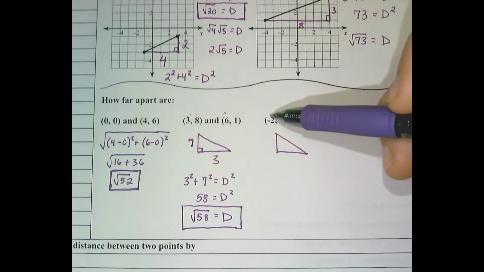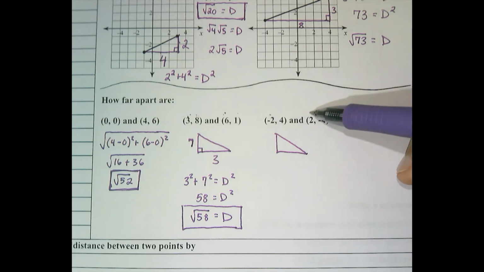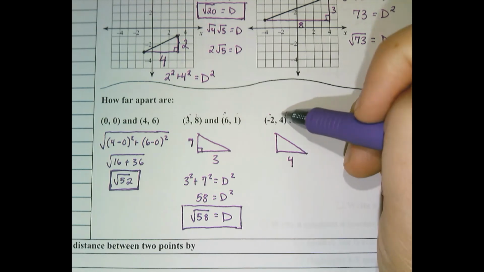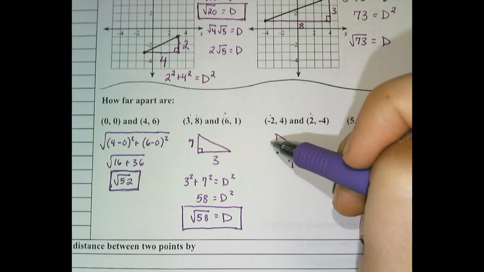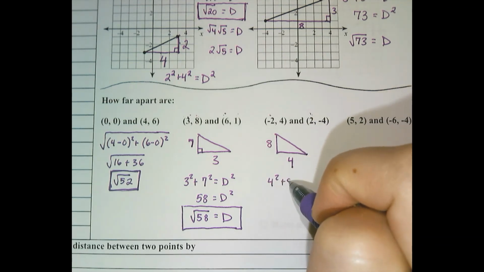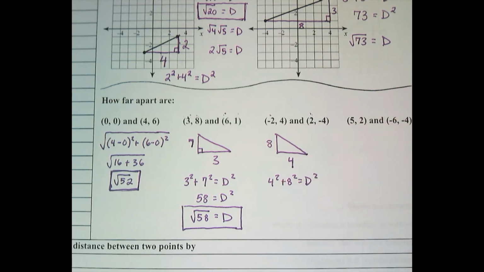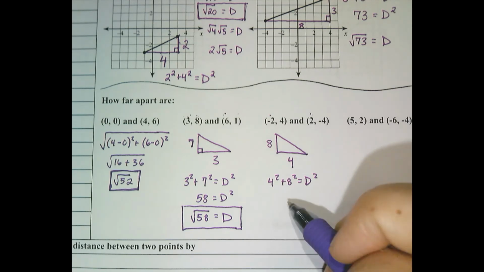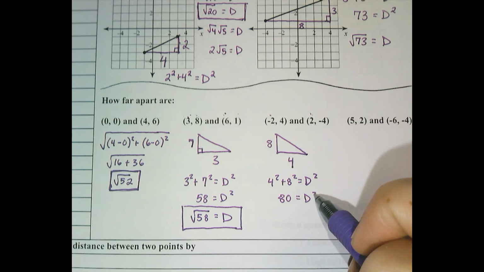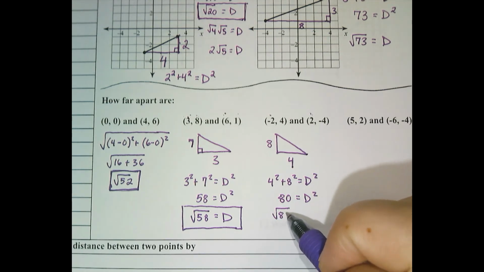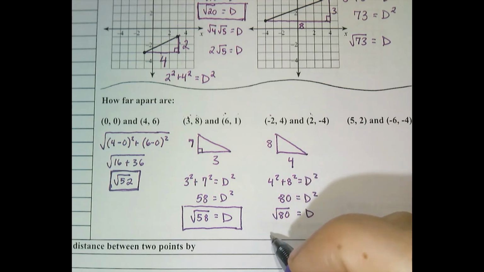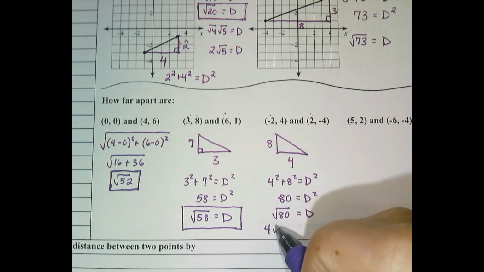What's the distance from the x-coordinate to the next x-coordinate? Well, negative 2 to 2 is 4 units. And what's the distance between the y-coordinates? 4 to negative 4 is a total of 8 units. And so we can go 4 squared plus 8 squared is d squared. And that's 80. The square root of 80 is the distance, which is the same thing as 4 root 5